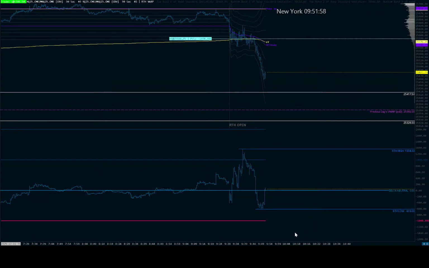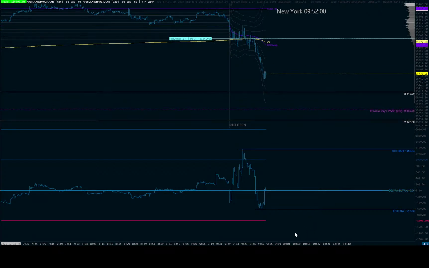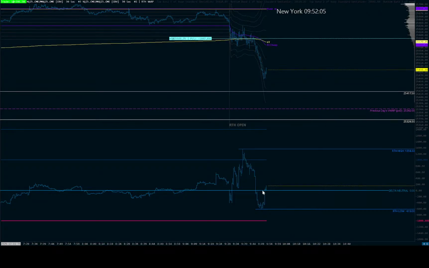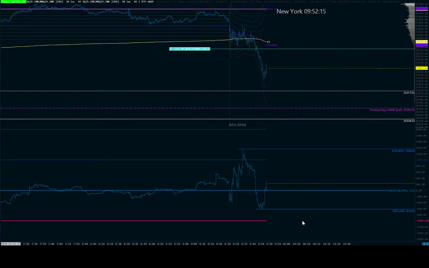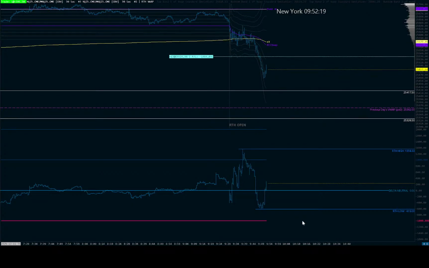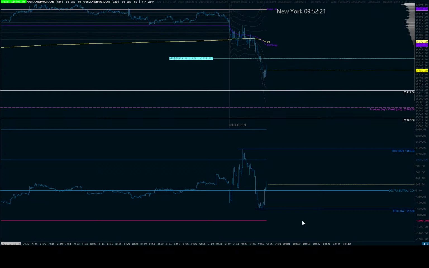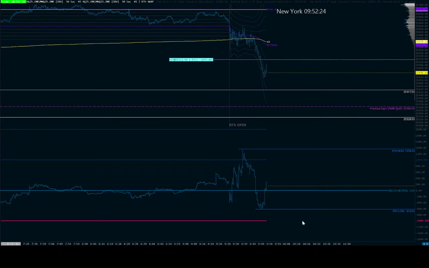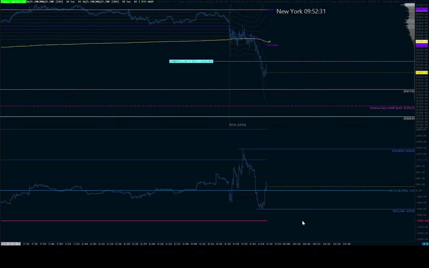Yeah, I would feel a lot better about DCA and into this if it was just 1 micro, but I went in with 5. I'm gonna buy it down a little bit here because buyers are going positive again. And let's see if it holds. If it doesn't hold, then I'm gonna have to get out of this. I don't want to start the day off in a big hole.